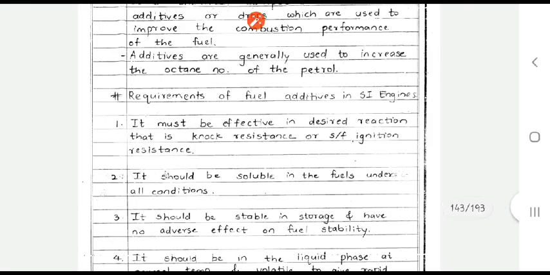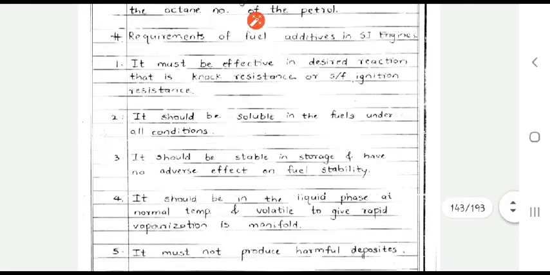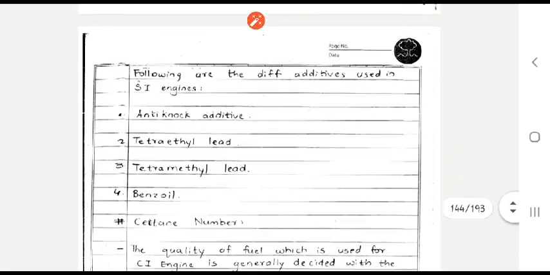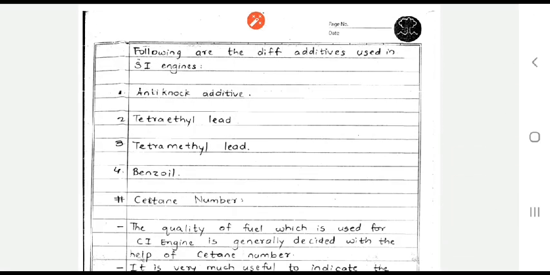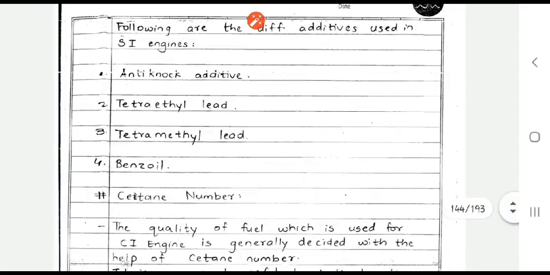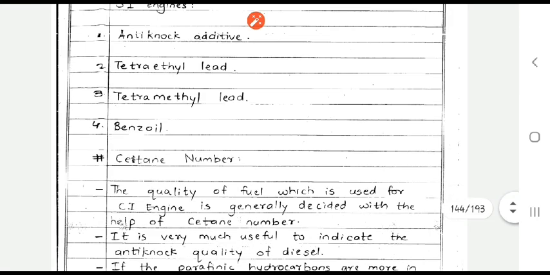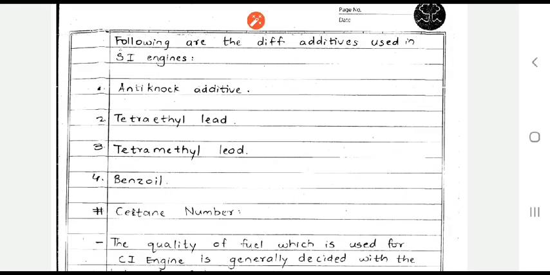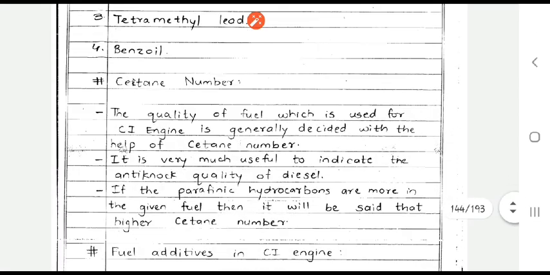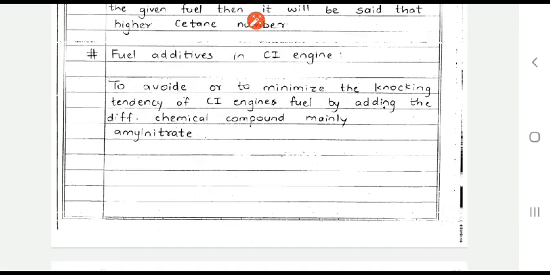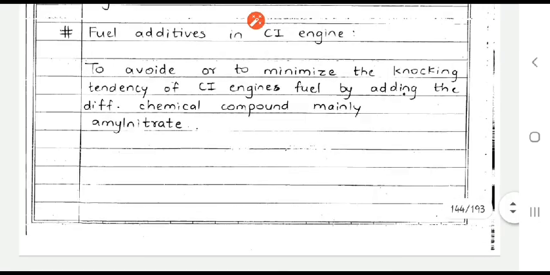Again, there are a few requirements of fuel additives. The theoretical part you can understand with the help of the notes present with you, and I am not going to repeat all these things here. Now the names of the different additives for SI engines are: anti-knock additive, second tetraethyl lead, third tetramethyl lead, and fourth benzol. These are called the different types of additives which we can mix along with petrol. Similarly, the additives used for mixing in the case of diesel to increase the cetane number include amyl nitrite base,